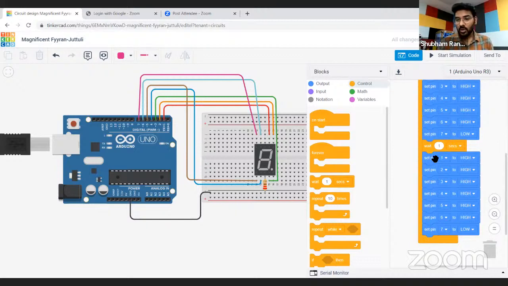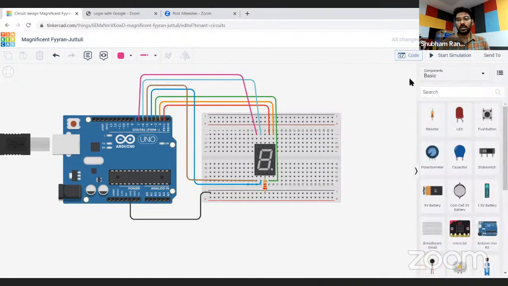C is pin number 3. So pin number 2 and 3 should be high. All of the pins we need to set as low. So I'm going to set these pins low. Now I have already set my pin 2 and 3 as high, and rest of the pins I have turned low. So now I'm going to,